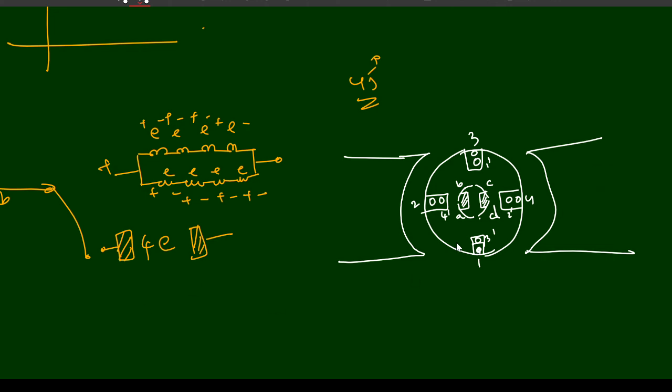So again I have placed the same conductors. This is 1, this is 2, this is 3, and this is 4. Four coil sides are placed on top of the slots, and their corresponding bottoms. 1 dash is placed in the bottom of slot 3, 2 dash is placed at the bottom of slot 4, 3 dash is placed at the bottom of slot 1, and 4 dash is placed at the bottom of slot 2. Same thing is there, but it is rotated. The rotor is rotated by 45 degrees.